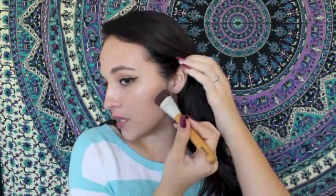First of all, there's this one, which is the Contour Face Brush, and I've used this in a tutorial before. The brush is really dense and really tough and hard, but it's actually really great to contour your face. Once you put it on the hollows of your cheeks, it marks the contour line very nicely. So I'm in love with this brush. And then